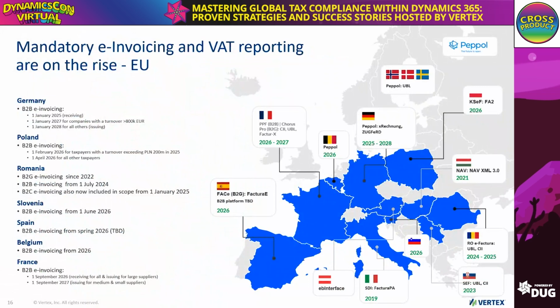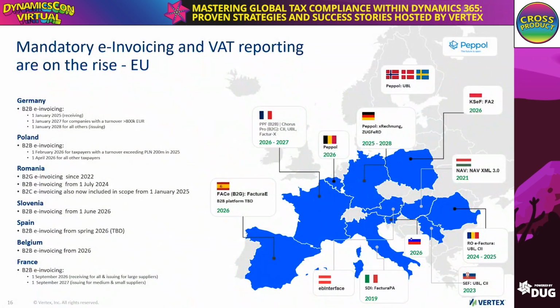So if you're a global company, you should be paying attention to these e-invoicing mandates. You should especially be paying attention to them if you do B2B business, which is where most of the mandates are happening. So you need to be aware of this, and you need to be thinking about what technology you put in place to help with this e-invoicing mandate. If you're not familiar with that, e-invoicing is the real-time communication. When you process an invoice, you need to communicate that to the different tax authorities in electronic format, so that they're aware of what the sale was, what the VAT is, and then they're receiving their funds immediately.